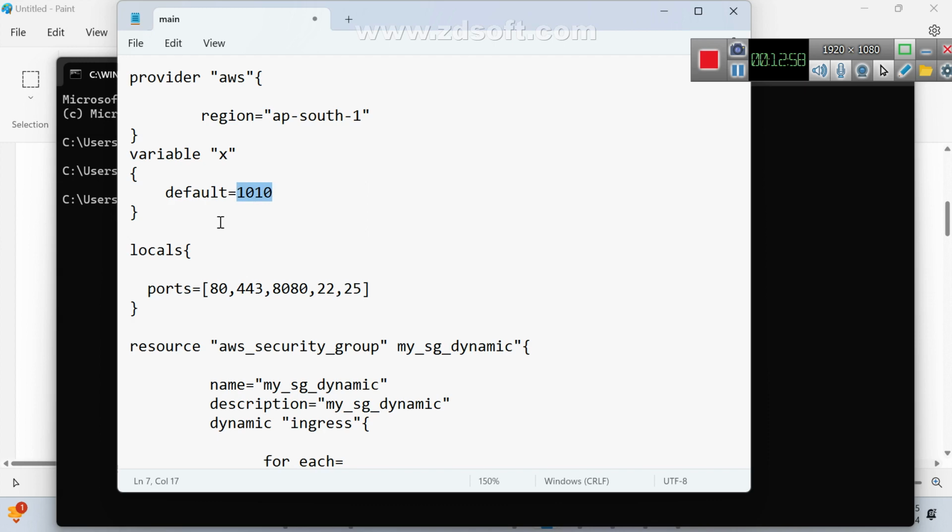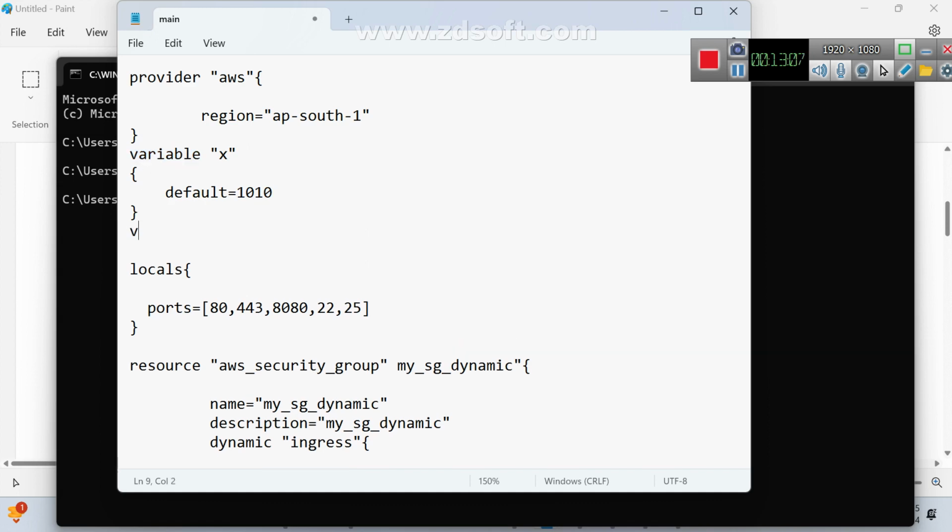What is the predefined argument for a variable? var dot. Do you remember? Yes, var dot. What is the name of the variable here? x. If you do it like this, it represents our value.